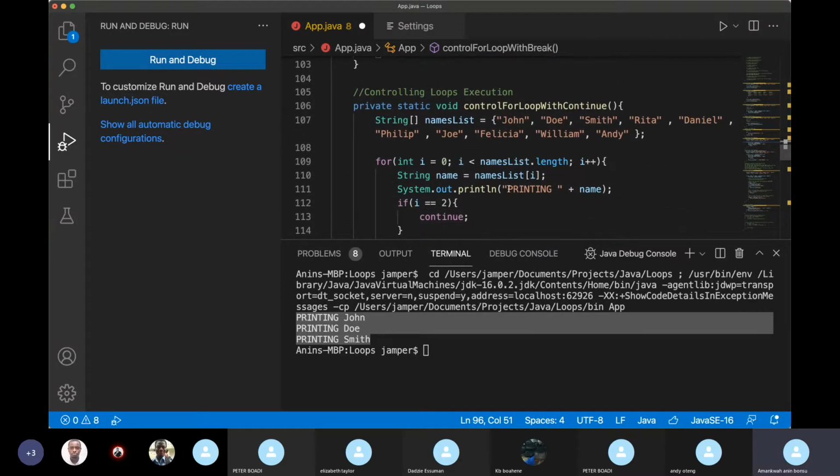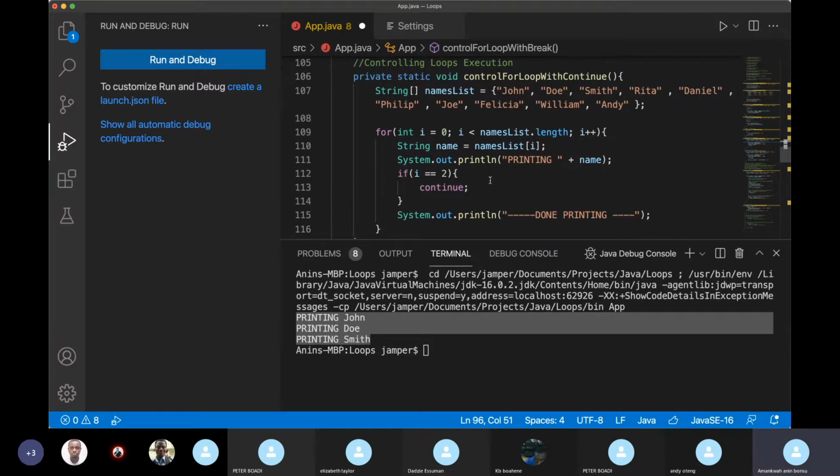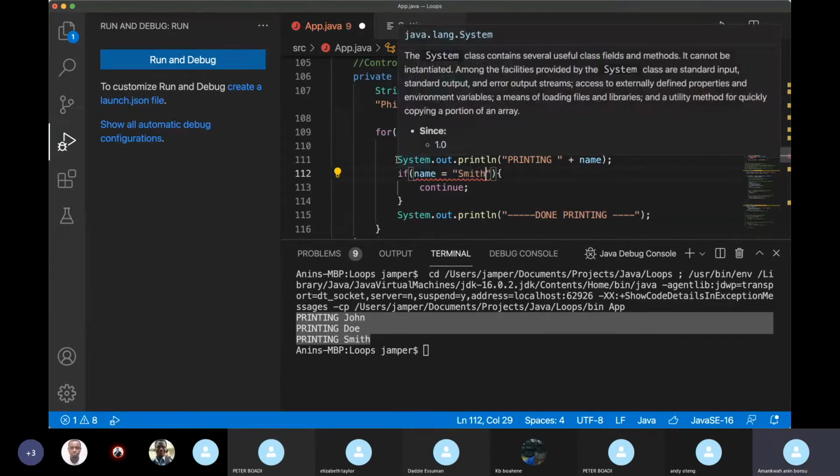Okay, so we can move on to using continue. So let's say I want to print all these names on the screen, but when I see Smith, I don't want you to print Smith for me. Just continue, ignore Smith and print the others. So when you want to do that, you can't use break, but you can use continue. So I can say if name equals Smith,